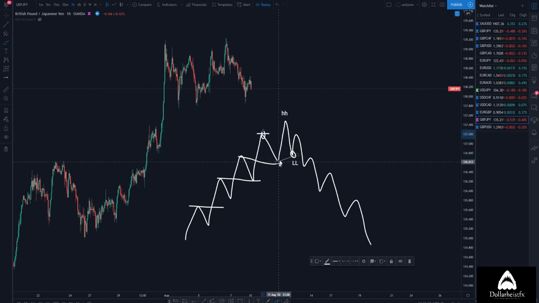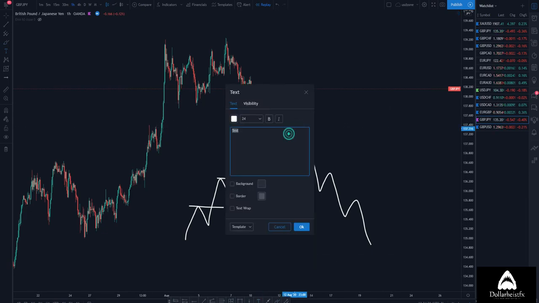Sometimes it can be somewhere around here, sometimes shorter, but the rule is, in order for the market to make a lower low, it has to break this higher high right here. And then this one we don't consider a higher high,